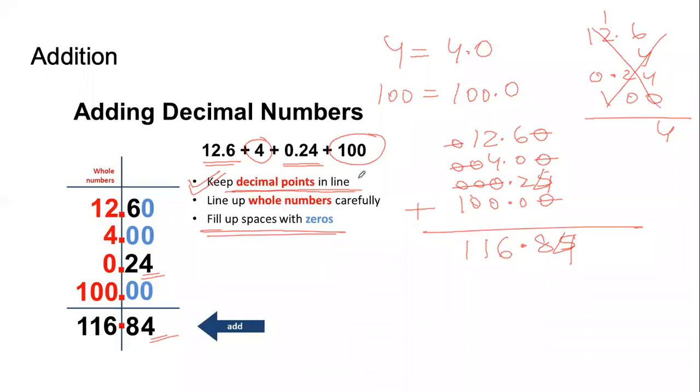This is the most important step. Align the decimal points. First, write the question that I'm writing on the screen in your notebook properly and then add. Don't be in a hurry. The addition that you are going to do is like this: 0.5 plus 5.0 plus 0.05 plus 5. Write it properly, add it properly, and then share the answer in the chat.